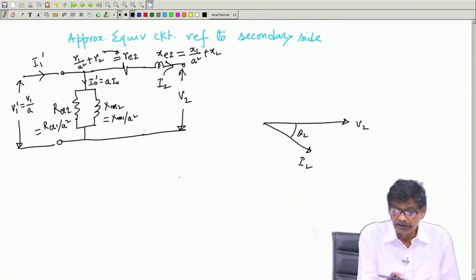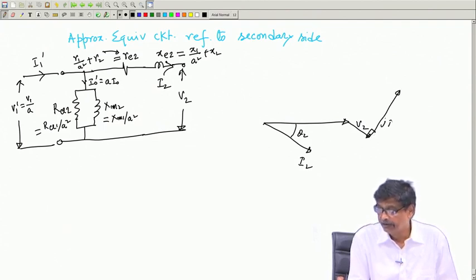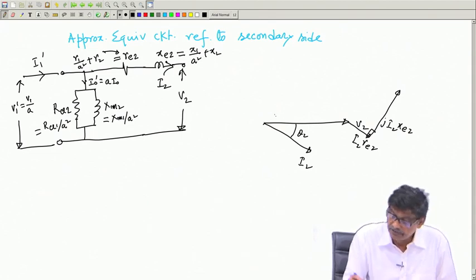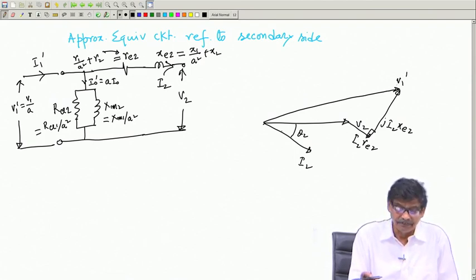Then to V2 you add this drop I2 RE2 plus, at 90 degrees, j I2 XE2, and this is I2 RE2, and then you will get this V1 dashed. You will not get V1, mind you, V1 dashed,